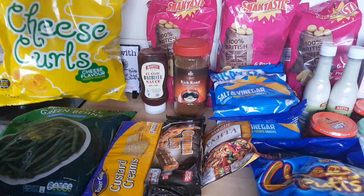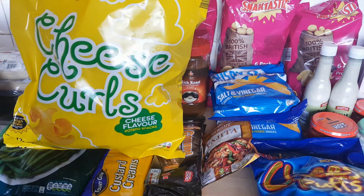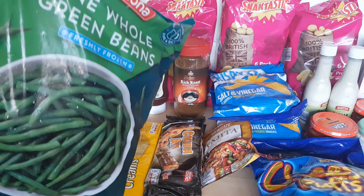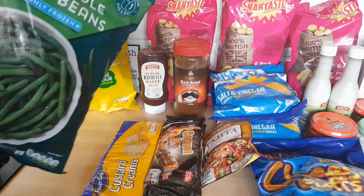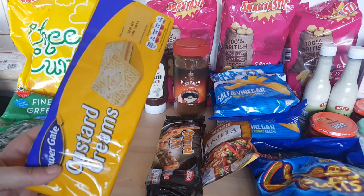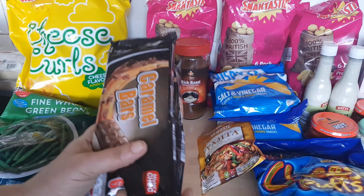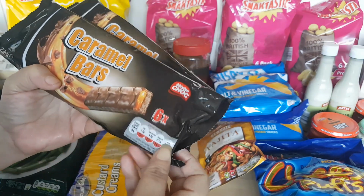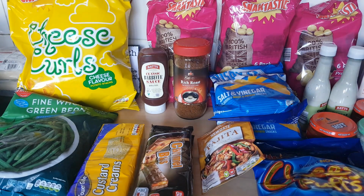But we picked up the cheesy curls, 95p for 10 packets. That's quite good. And the only other frozen food was whole green beans, 59p, not 95. I think it was 41p still for the custard creams. And he's picked up, I don't know how they're going through these so quickly, 2 packets of the caramel bars. I'm just going to see if I can read the receipt without my glasses,